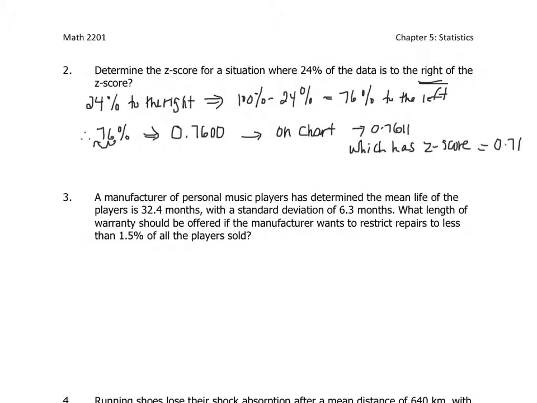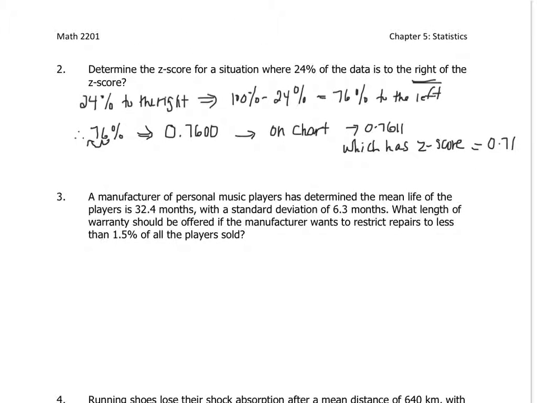Number 3, a manufacturer of personal music players has determined the mean life of the players is 32.4 months, with a standard deviation of 6.3 months. What length of warranty should be offered if the manufacturer wants to restrict repairs to less than 1.5% of all the players sold? So, when we look at this information here, we would want basically, if you look at your